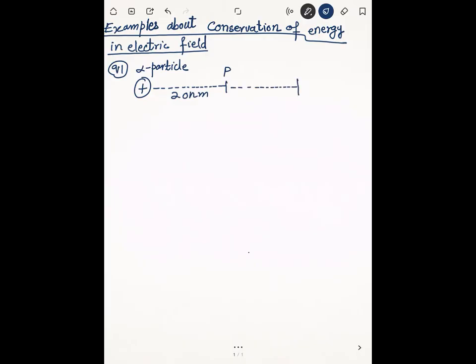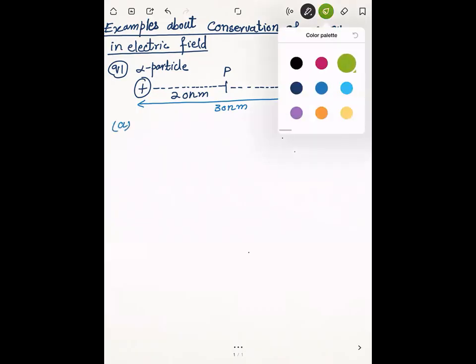Then you have another point, S, and the distance of S from the alpha particle is, for example, 30 nanometers. The question here, the A part of the question, is to calculate